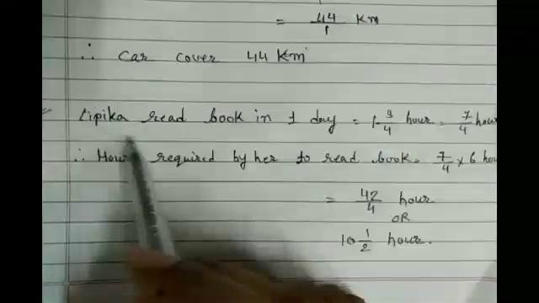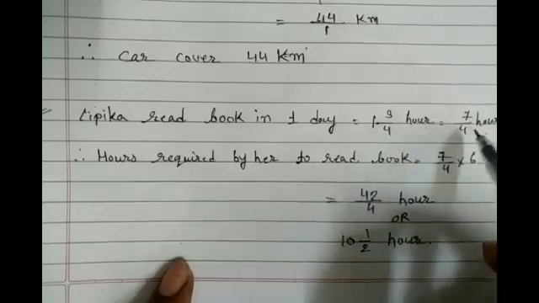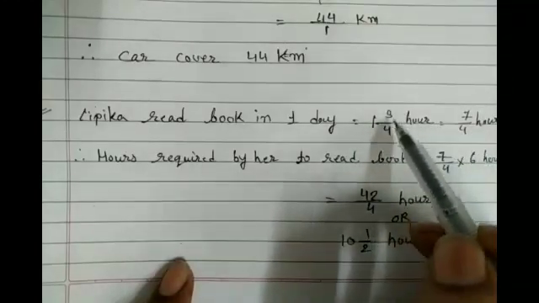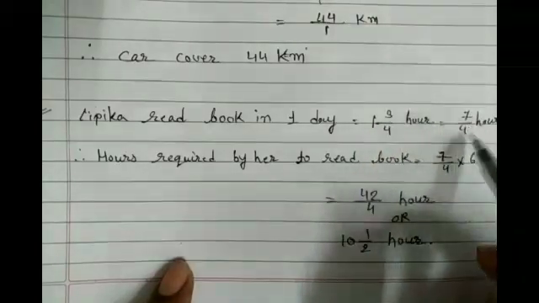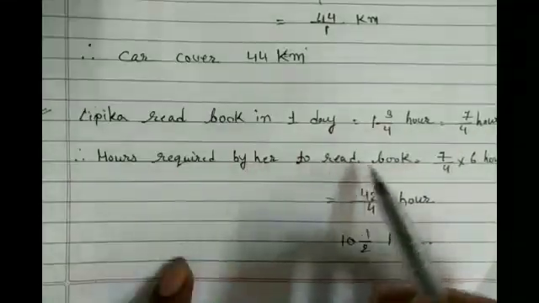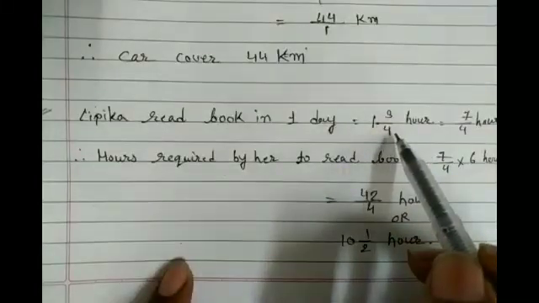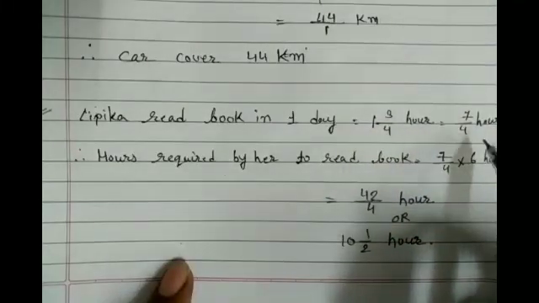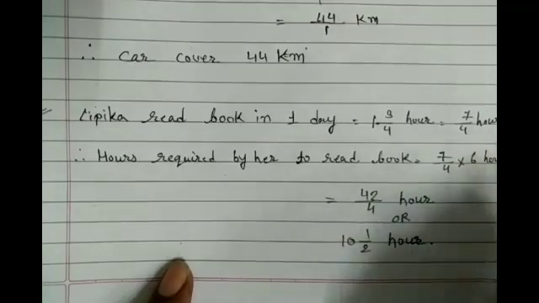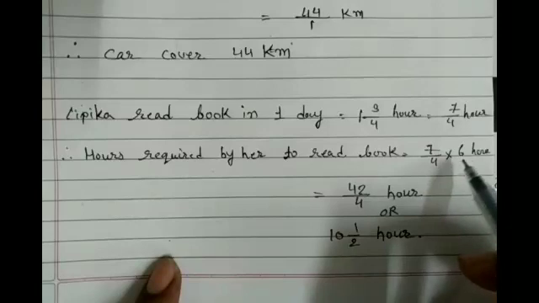So Lipika reads the book in 1 day for 1 3 upon 4 hours. When we convert 1 3 upon 4 into an improper fraction, we get 7 upon 4 hours. Now the hours required by her to read the book: every day she reads 7 upon 4 hours, and she reads the book for 6 days. So we have to multiply hours by days. So 7 upon 4 multiplied with